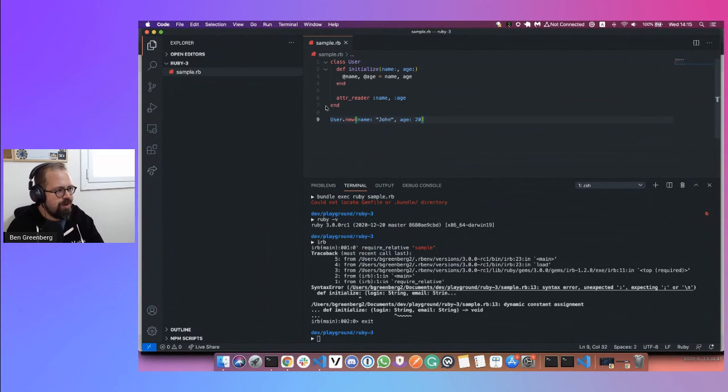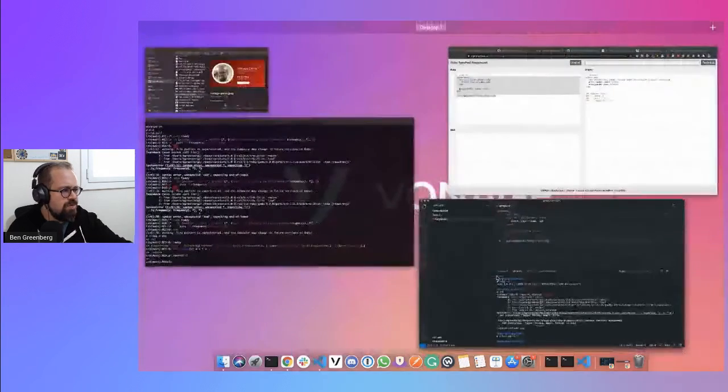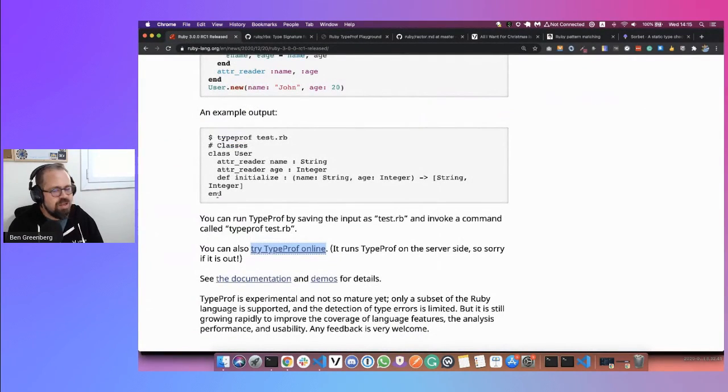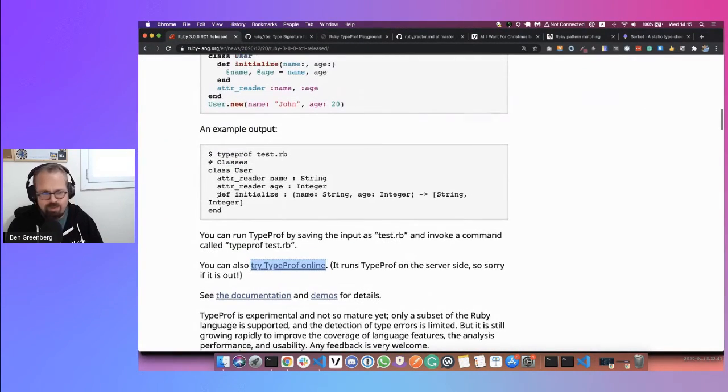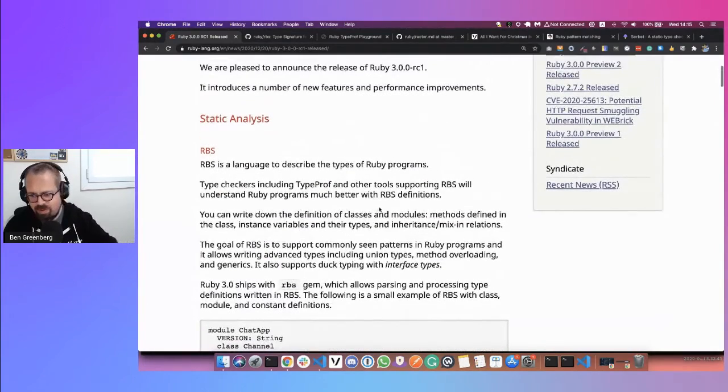And then if we run Ruby sample, it seems to do something. So maybe it does work. Oh wait, there's nothing. No, what am I saying? TypeProf analyzes code that's not yet type checked with RBS and gives you what it thinks are the types of that non-typed code. So this is actually two separate things. That doesn't mean it works.